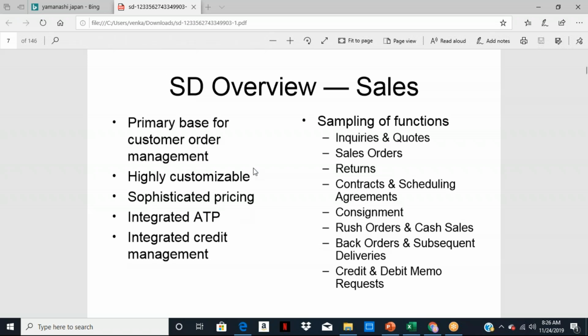And then we have something called available to promise. Let me put it this way. Okay, when you create a sales order in the system, let us say,